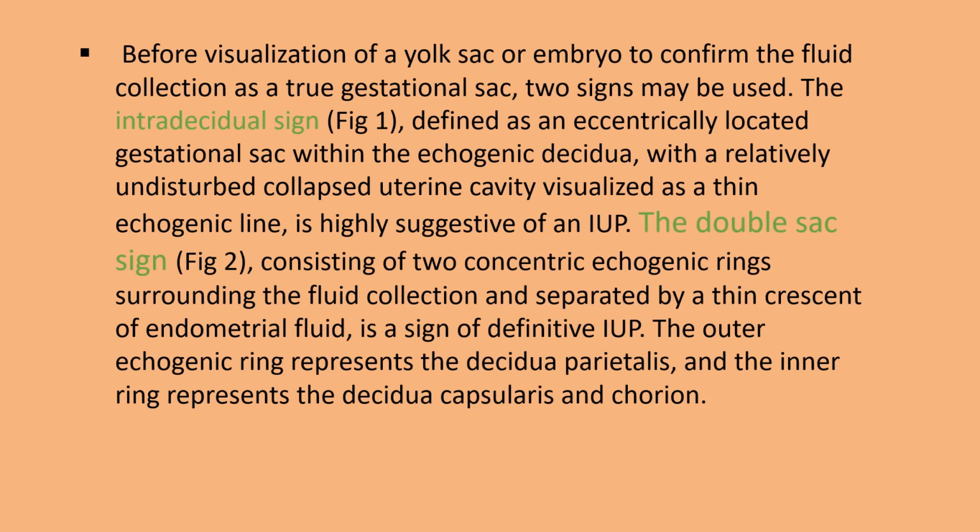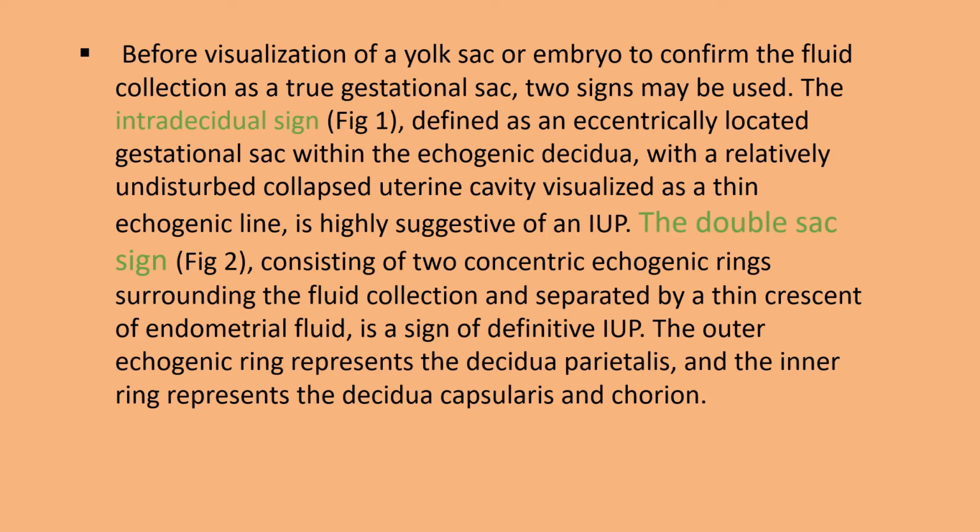Before visualization of the yolk sac or embryo, to confirm the fluid collection as a true gestational sac, two important signs may be used. First, the intradecidual sign, defined as an eccentrically located gestational sac within the echogenic decidua, with a relatively undisturbed collapsed uterine cavity visualized as a thin echogenic line, which is highly suggestive